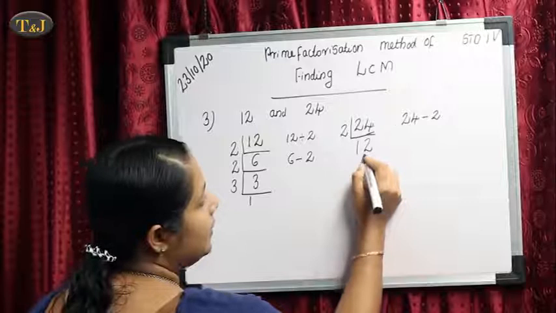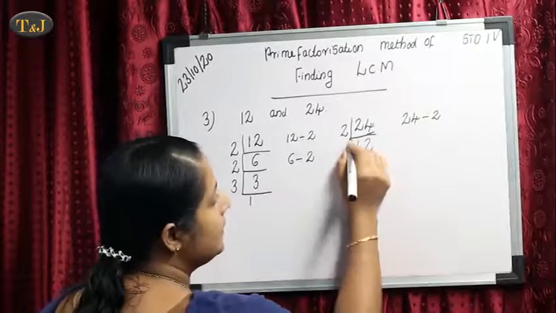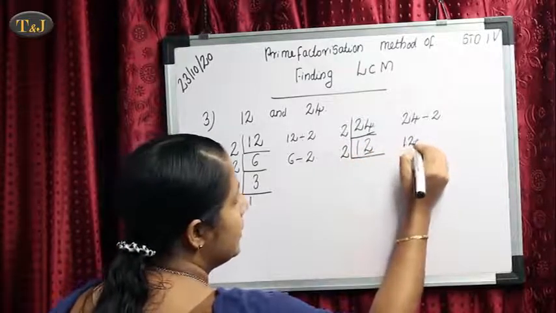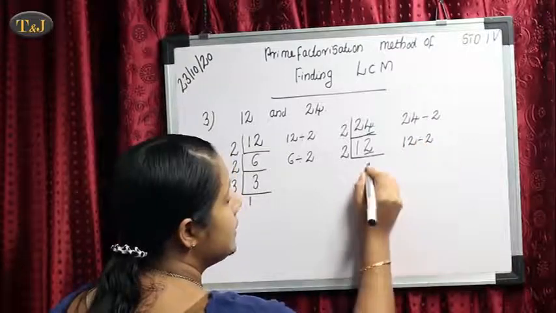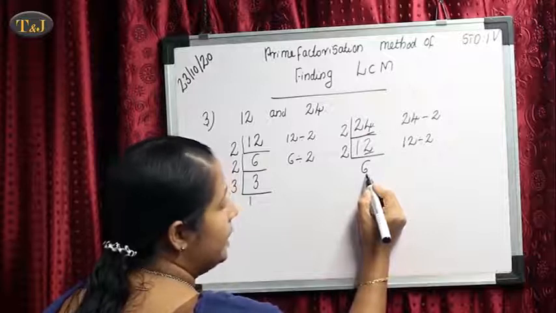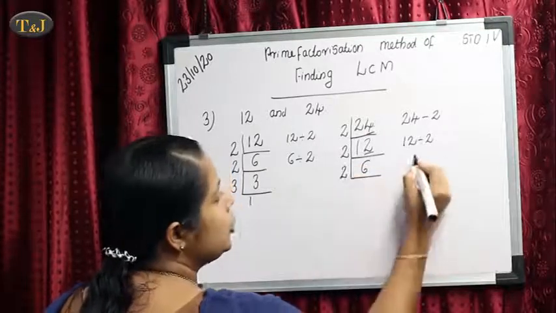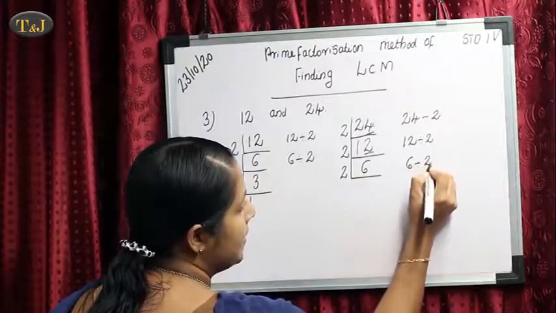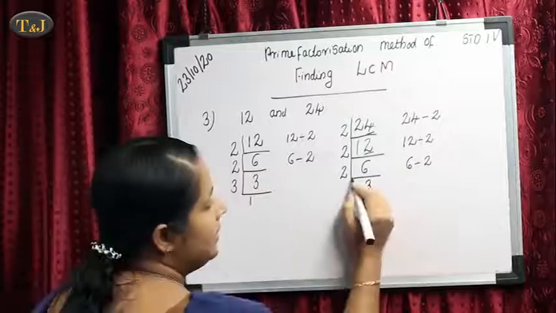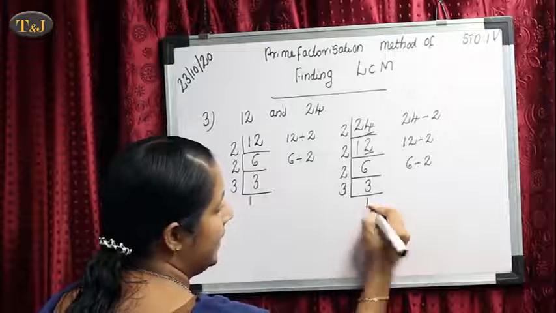Then here again 1's place value is 2. So it is divisible by which number? 2. So in 2's table we got the answer 12 as how many times? 6 times. Again, one's place value. Here only one value, that value is 6. That number is divisible by the number 2. Then in 2's table we got the answer 6 as how many times? 3 times. Then 3 is a prime number. So their factors are 1 and 3.